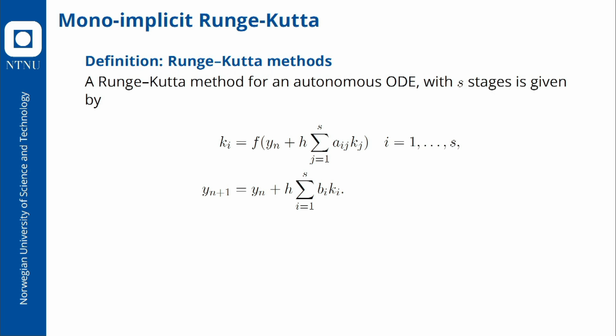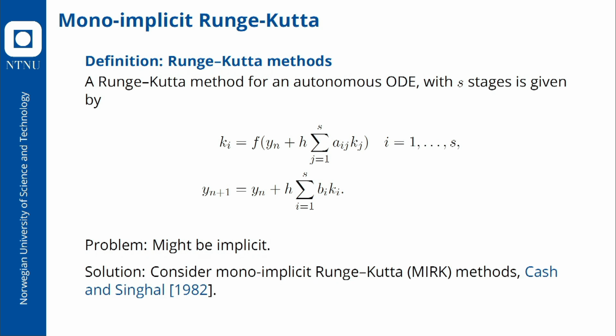As we all know, this is the form of Runge-Kutta methods for an autonomous ODE with S stages. The problem is that these methods might be implicit in their stages, which means that we might have to solve a large nonlinear system for every training step that we take on our neural network. We don't want to do that, because we might have to backpropagate through a nonlinear solver. So we want to avoid this, but at the same time we want to find Runge-Kutta methods of